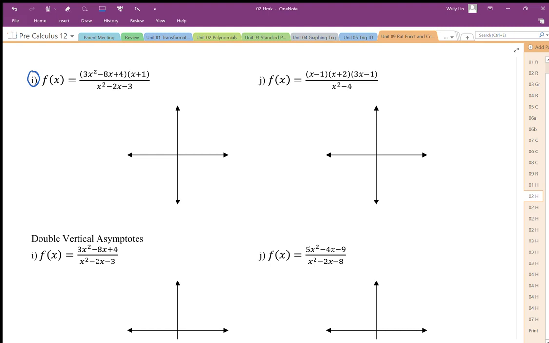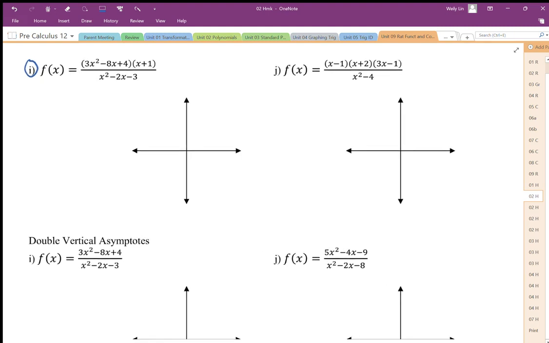Number 1I from homework, graphing rational expressions 2. We have a cubic function in the numerator and a quadratic function in the denominator. So the first thing we're going to do is factor. When we factor this expression, we're going to end up with